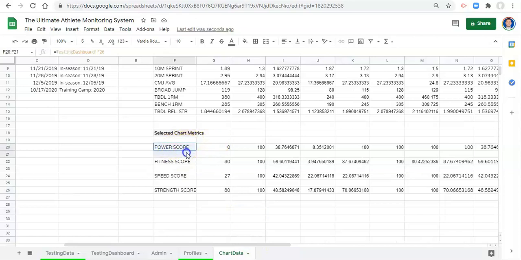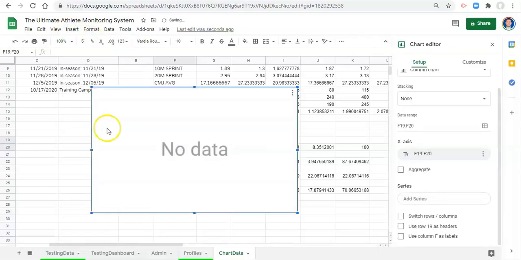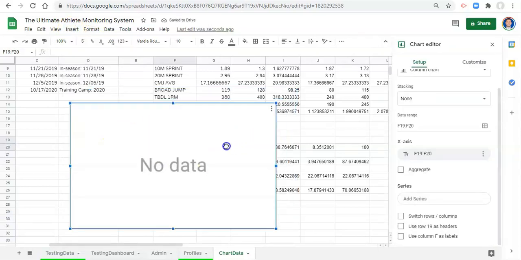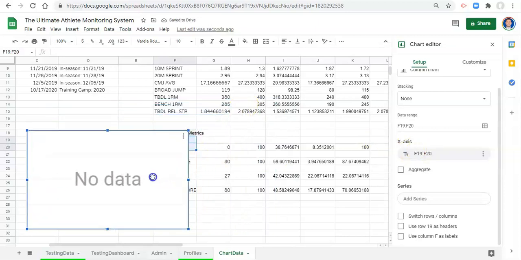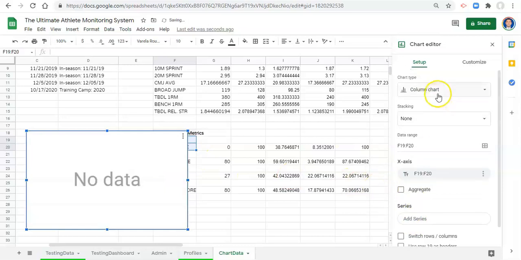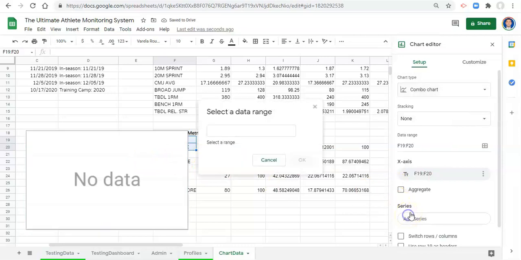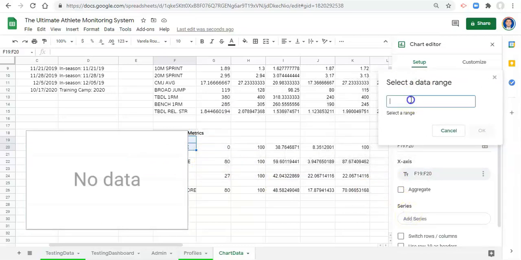Let's select these two, and we'll go to insert chart. And as you would expect, we don't have any data in it. We just selected our x-axis, and now we can start adding series to this. But first, let's change this to a combo chart. And now when we go to our first series, we can go add series, and there have to be 2